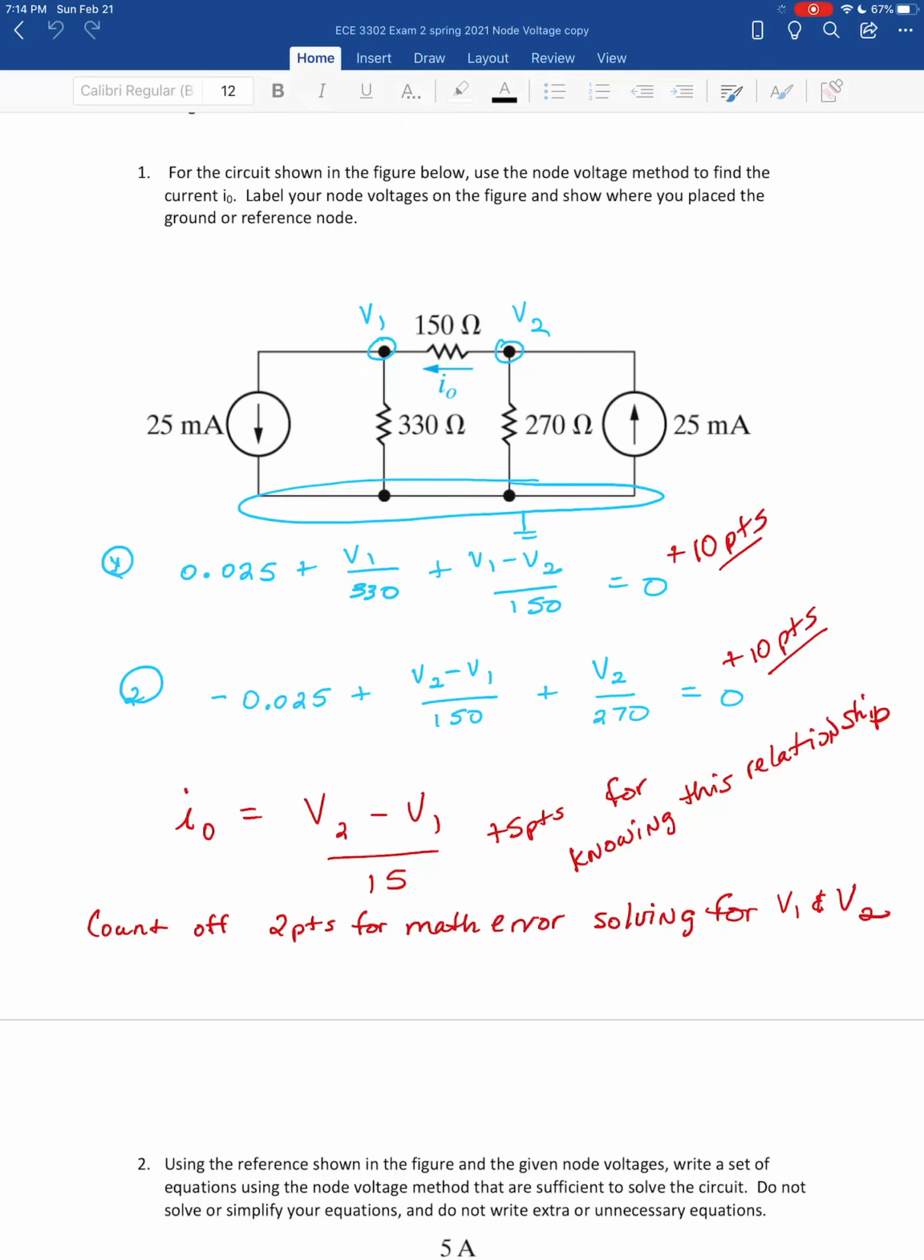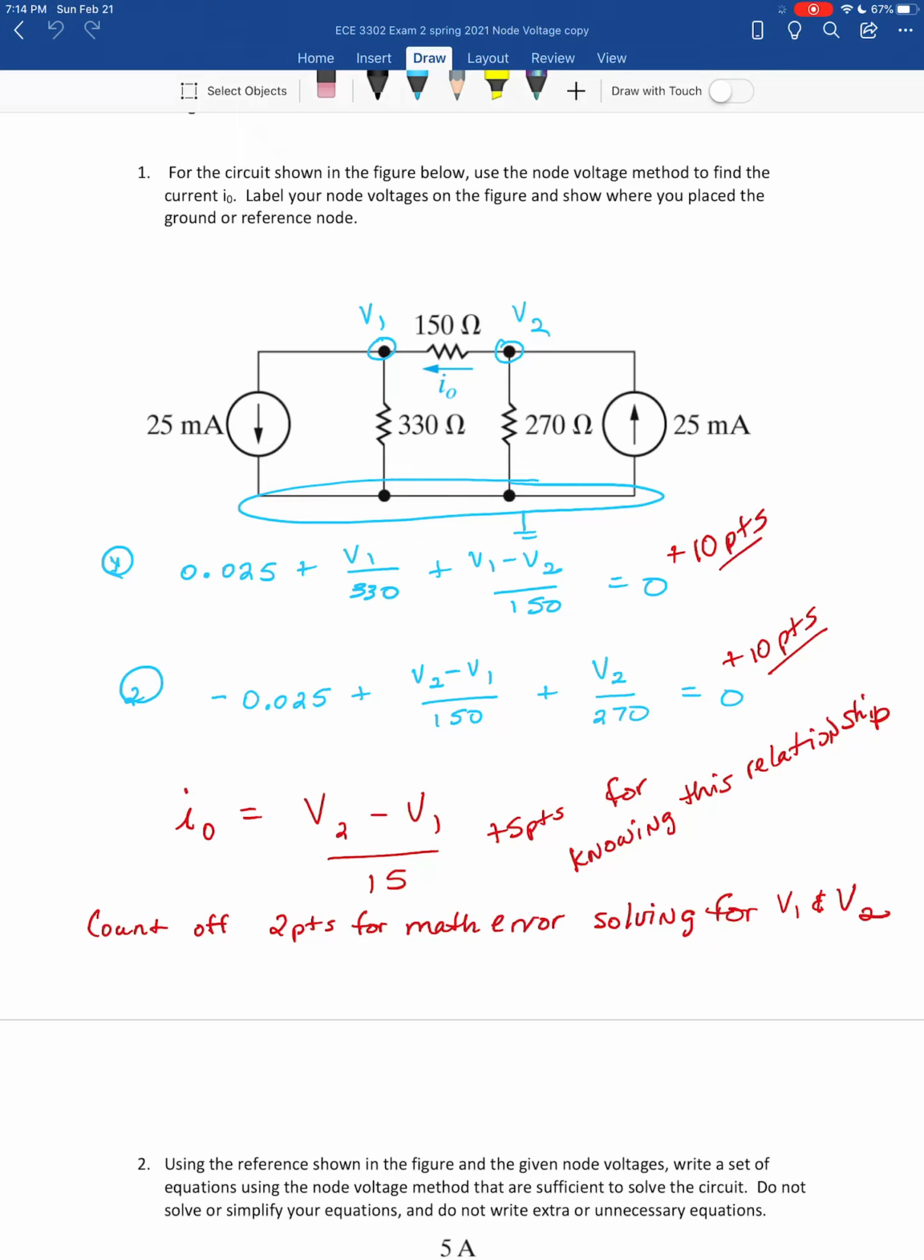Alright, so this first one falls into the category of a circuit that has node voltages only. I've already labeled these and written the equations, so I want to provide the solution for you. The first node equation is written at node V1. I chose my ground at the bottom. We have 0.025 amps leaving the node, so that's the first term in equation 1. We have V1 over 330, that's the current through the 330 ohm resistor, and then we have V1 minus